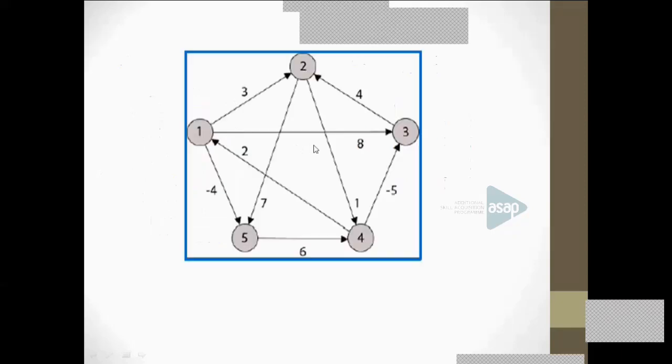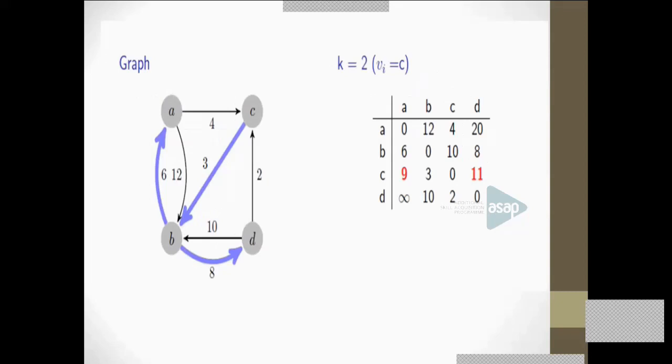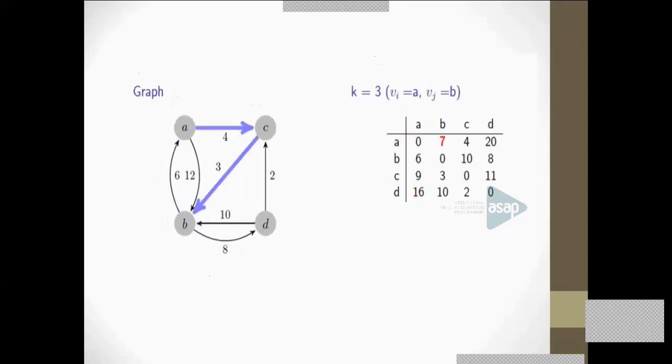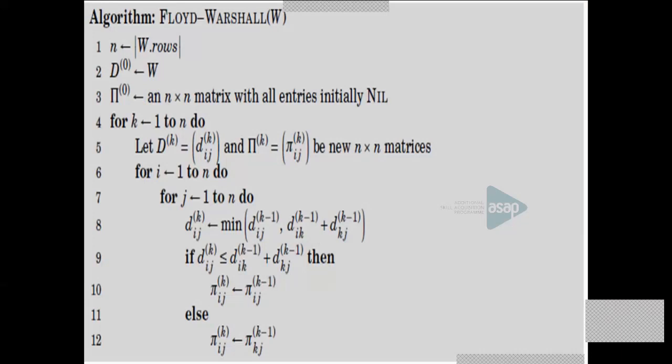Okay, our time is almost getting over and you can see this is the same solved example given in the textbook. That's why I have taken this simple example. With this you have understood how we are adjusting that, and this is the algorithm. This is the algorithm getting updated.